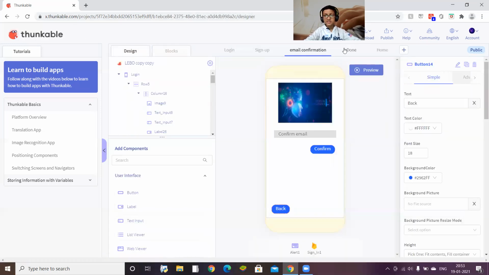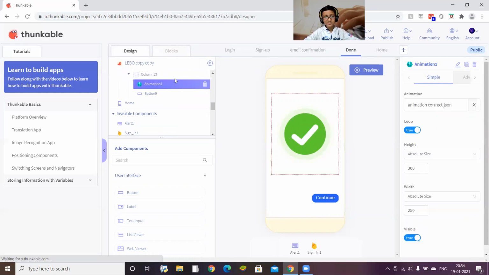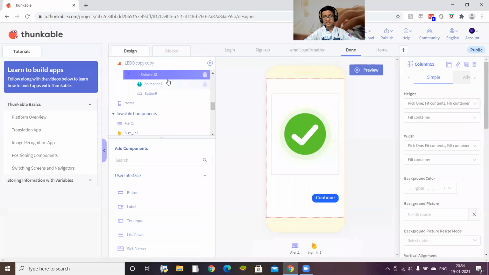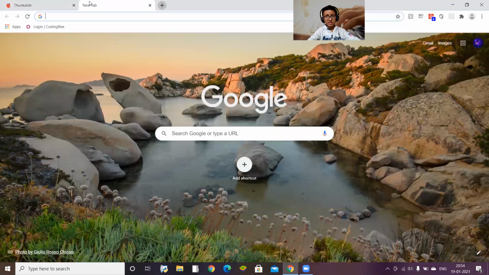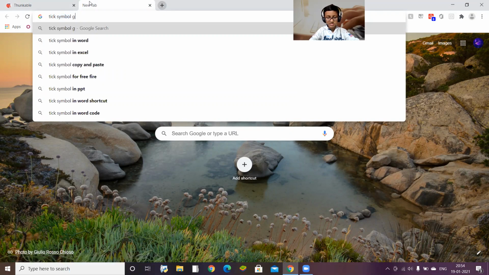And the last screen, the second last screen, not the last screen. So this is the done screen. You have to add one column, and I have set one animation. It looks nice, I like this animation. You can search tick symbol GIF image in Google.